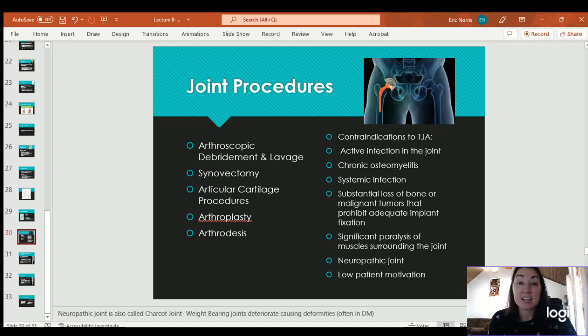Is if they have an active infection in that joint, if they have chronic osteomyelitis, so inflamed bones that are more brittle and easier to damage, if there's a systemic infection, if they have significant bone loss or tumors that prohibit an area to adequately implant the bone, because whenever they do